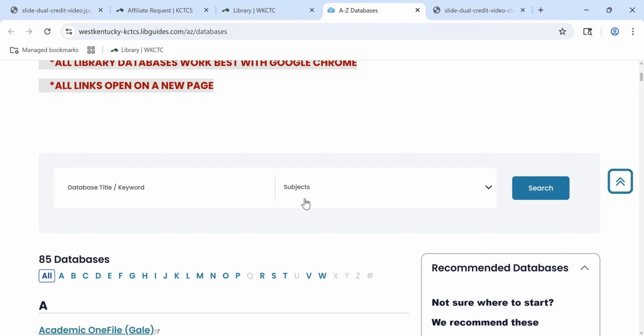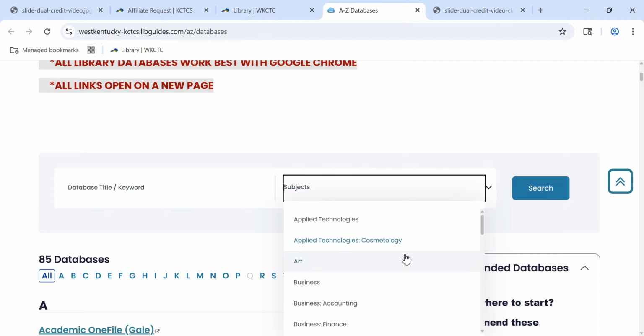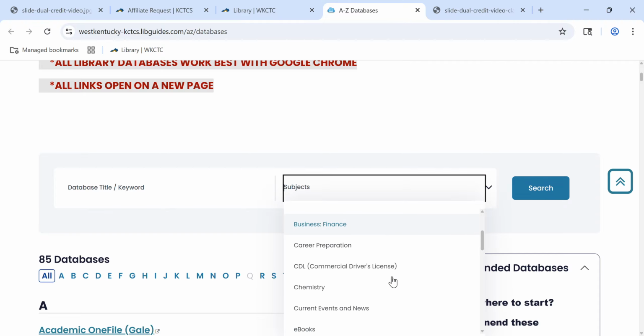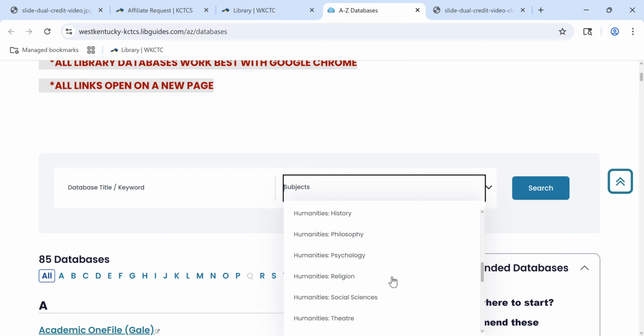You can also do a subject search. So if you're looking for things with art, business, chemistry, all of these things are highlighted here, and you can start with those databases. Links to recommended databases are included on those library guides that I mentioned previously, and they can find them there as well. This was very brief information, but I wanted to make sure you knew at least some of the main things